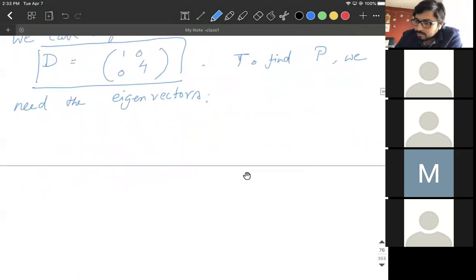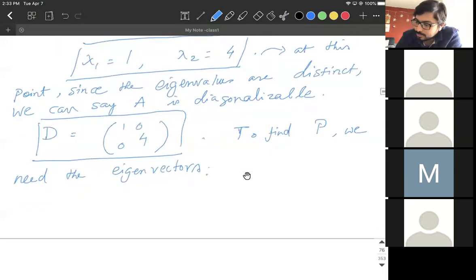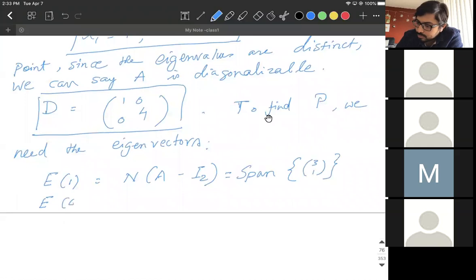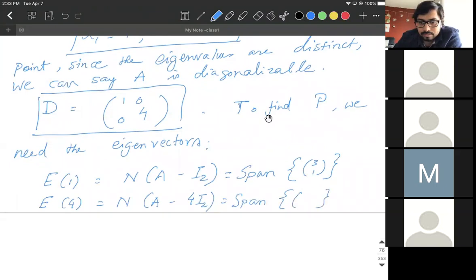Okay. Now it's a straightforward problem. So E of 1, this is the null space of A minus just I2. And this is something I skipped the computation. So check that this is given by span of 3, 1. Okay, and E of 4, this is the null space of A minus 4I2. So this will be span of,